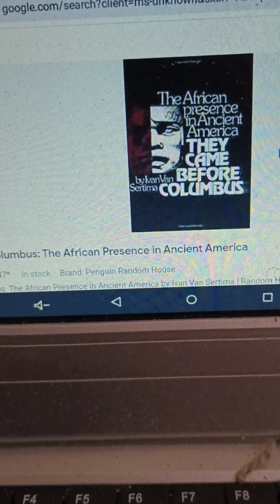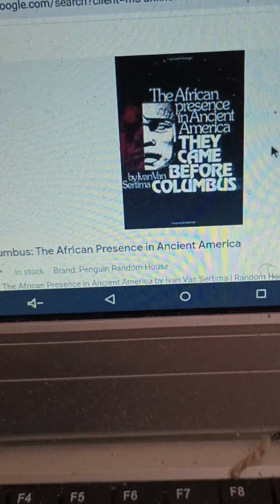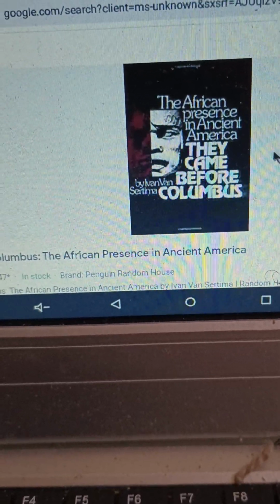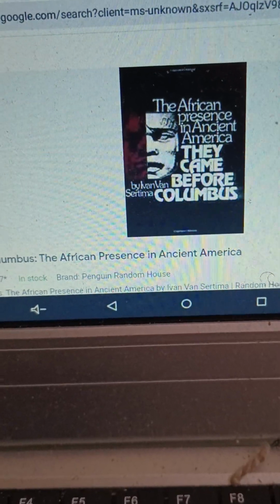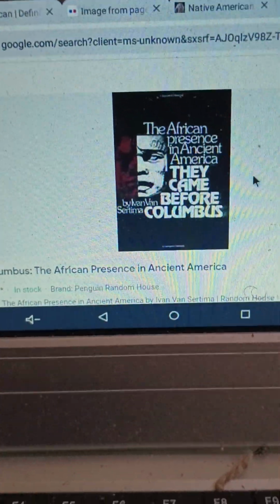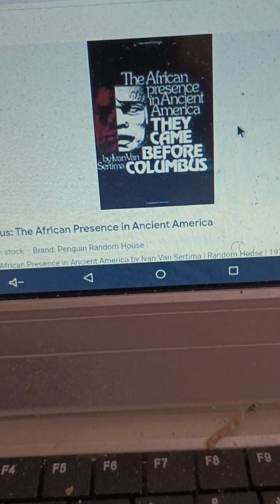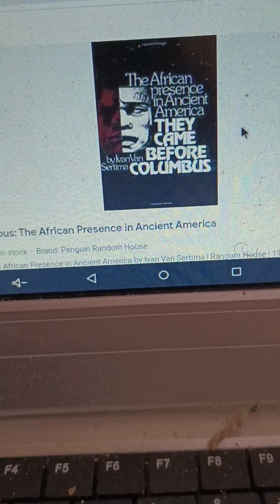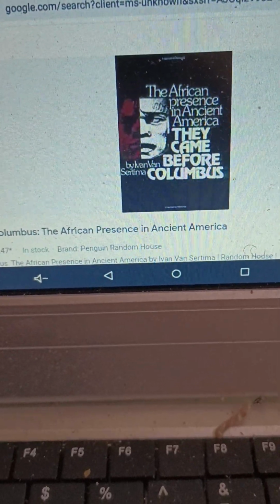He also claimed that during the Middle Ages, I think it was the 1300s, the Mandinka people crossed over to the Americas. But that's different from, and I don't even know if he said that they came to what is the continental United States. But Mandinka coming in the 1300s, even if that were true, would not make black people